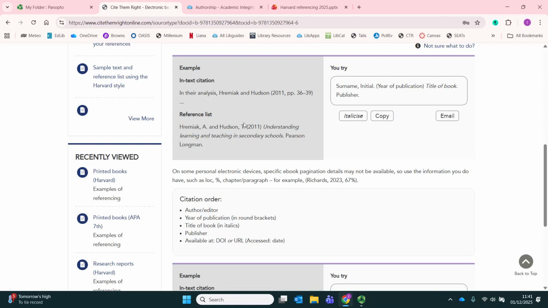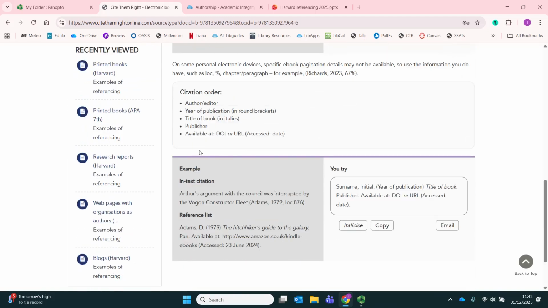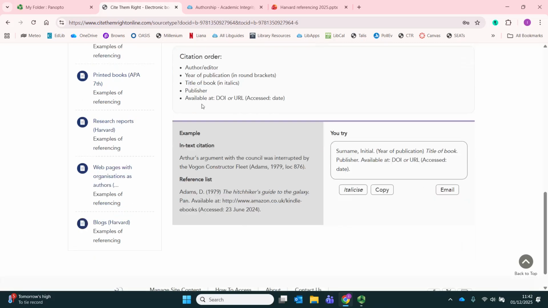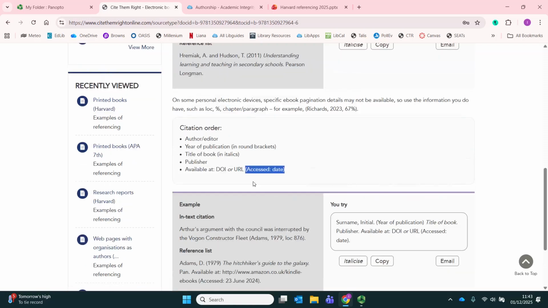And this is an example. However, when your book does not have pagination, use this example here to create your reference. You'll notice that what we need to add is available at, followed by the DOI or the URL and the accessed date. Electronic books can also be authored by numerous authors, can have authors and editors, and those examples are